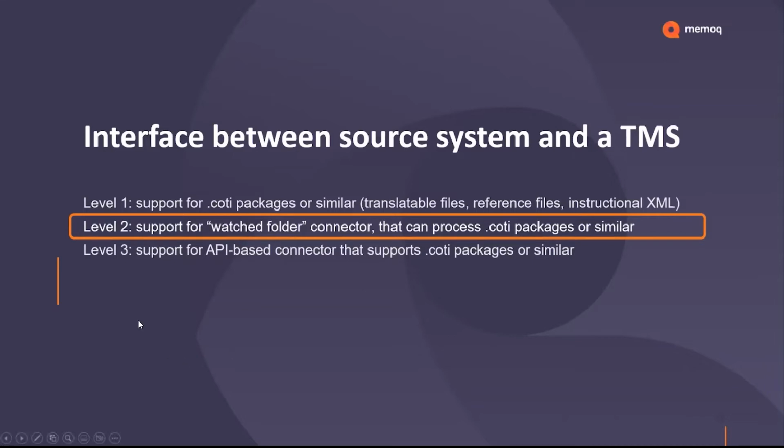As for the API, level 3, we have seen that level 2 is most commonly requested and most commonly used. So if somebody really wishes for level 3, we can take a look into this. The question is whether it's really worth building an interface, because level 2 is usually good enough. But let me now go back a step,